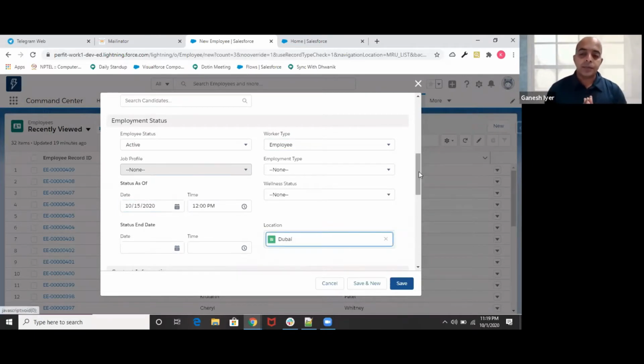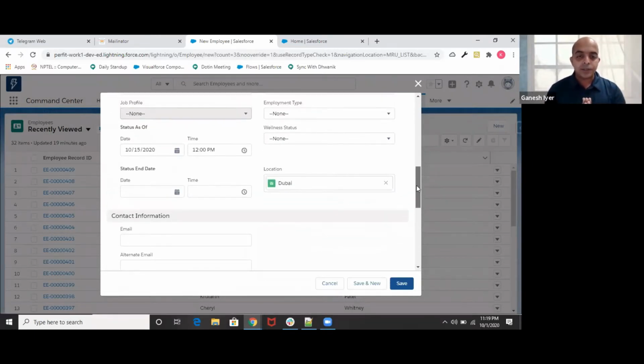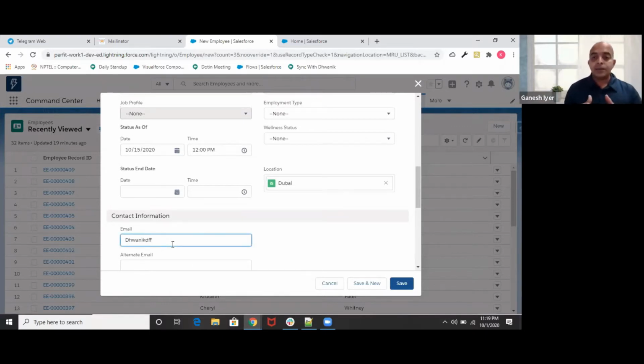The key part here is location. In this case, we are choosing an international location. And once that is done, you add their email address. And this is again the workflow for a new employee. For the existing employees, in the part of the configuration, we automatically will run a script by which they will get an email to start the process of assessment.